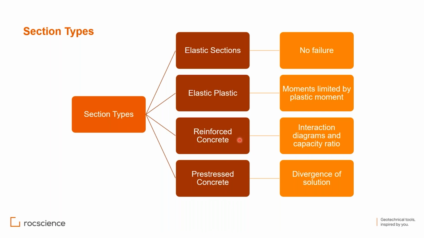For the reinforced concrete sections, now we have the interaction diagrams and the capacity ratio. This is how you can measure whether the section is acceptable or not. We will not say failing, because failing means you exceeded the unfactored interaction diagram. You are outside the unfactored interaction surface. But when you are between the unfactored interaction surface and the factored interaction surface, the section is